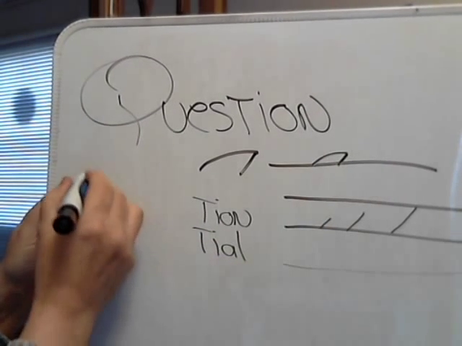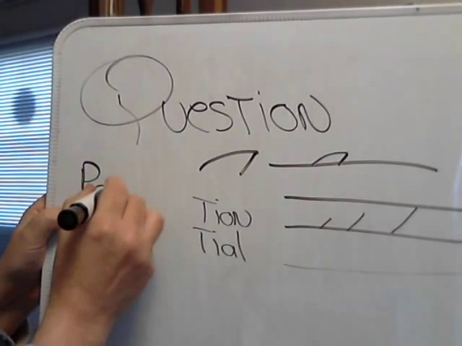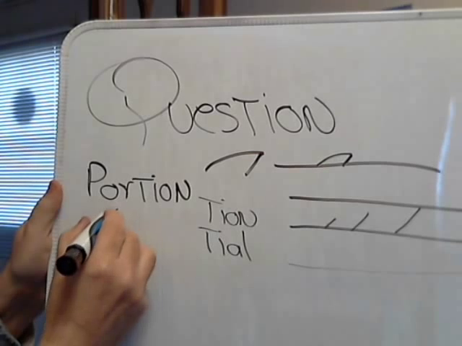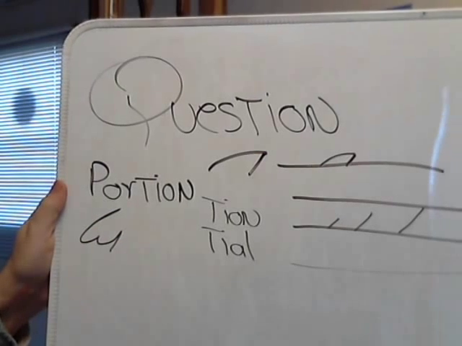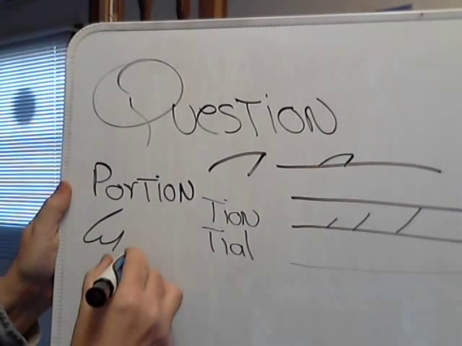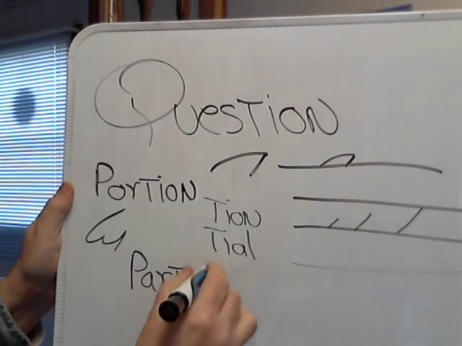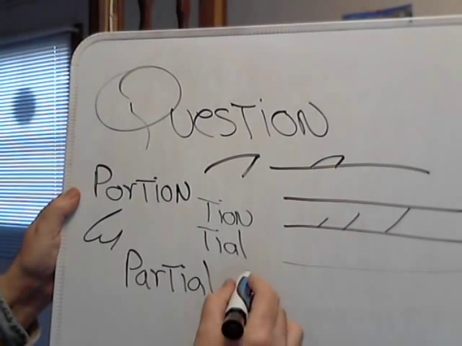For instance, the word portion, PORTION, would be PORTION. The word partial, PARTIAL, would actually be spelled the same way in Gregg Shorthand,